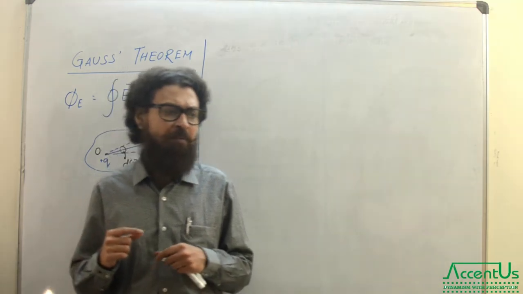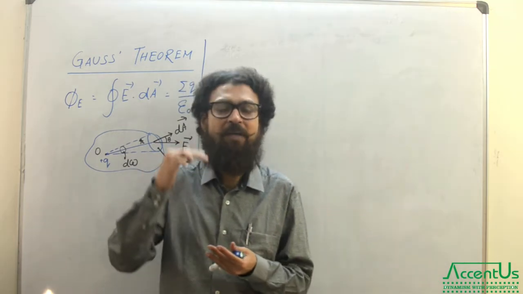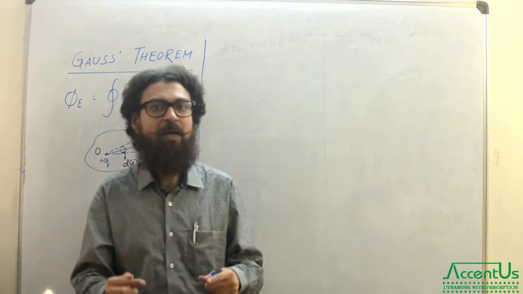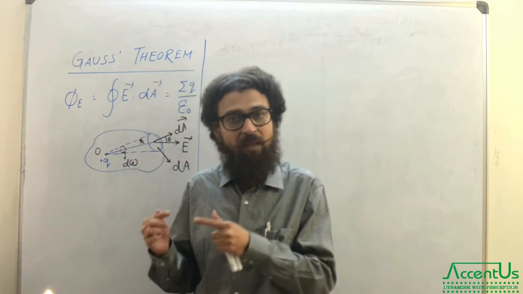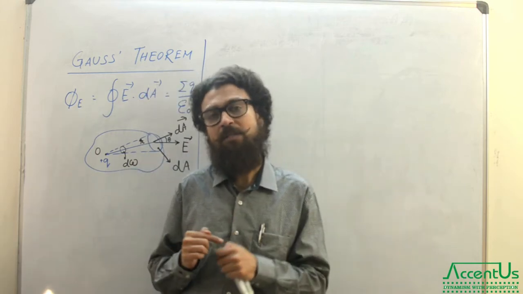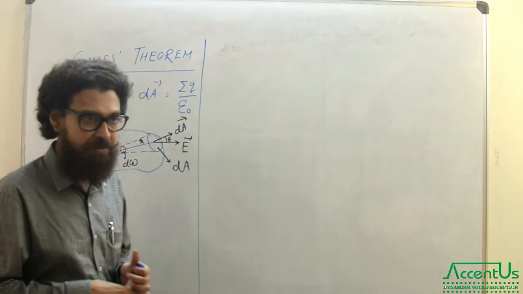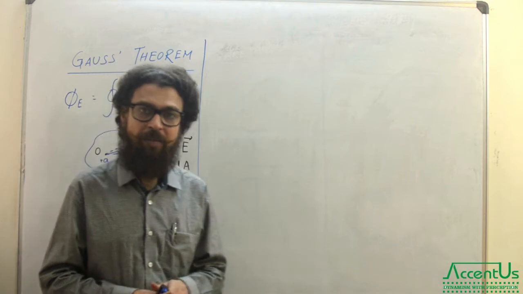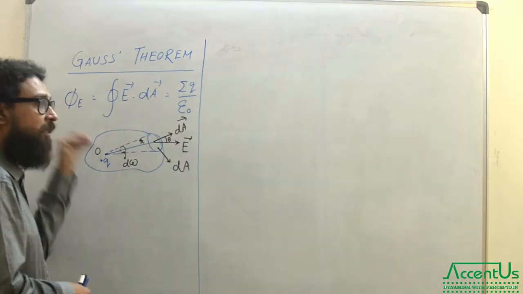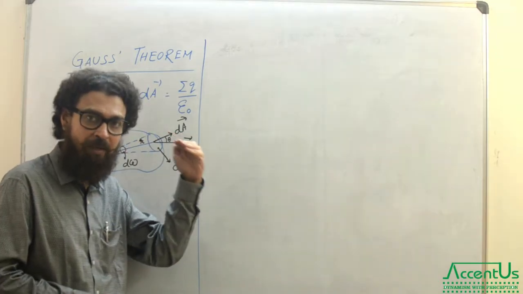So if you have a line distribution of charge, then you can enclose that by a cylinder. If you have a point charge, then you can enclose that charge either by a cube, thinking about the symmetry, or you can enclose that charge using a sphere. So this way we can enclose a particular amount of charge, and now I am telling you what is Gauss's theorem. Gauss's theorem states that the total electric flux associated with a Gaussian surface, try to understand. First we have to understand what is Gaussian surface. You know that already, I have already told you.